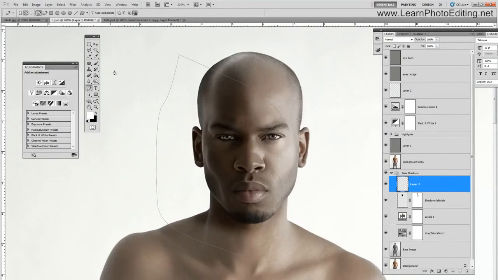Then I'm going to adjust the anchor points. Like this. Control Enter,